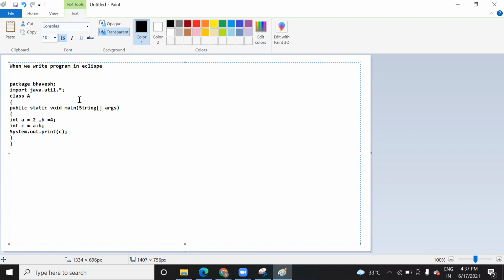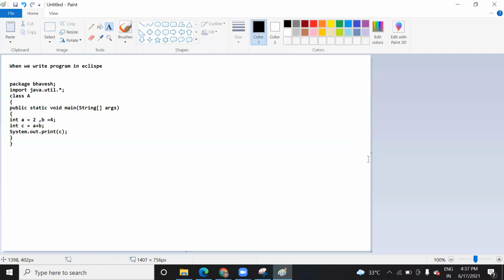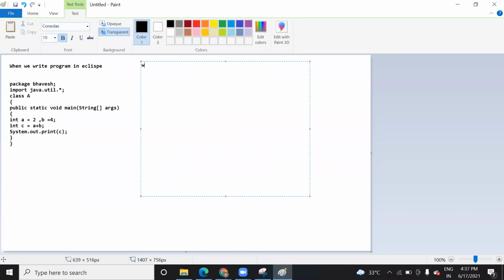And this is the syntax when we write the code in any IDE. But what about in the JShell? When you write in the JShell, we can directly write a print statement. JShell, which is Java shell, is a REPL environment, and this shell comes from shell script, the .sh extension.